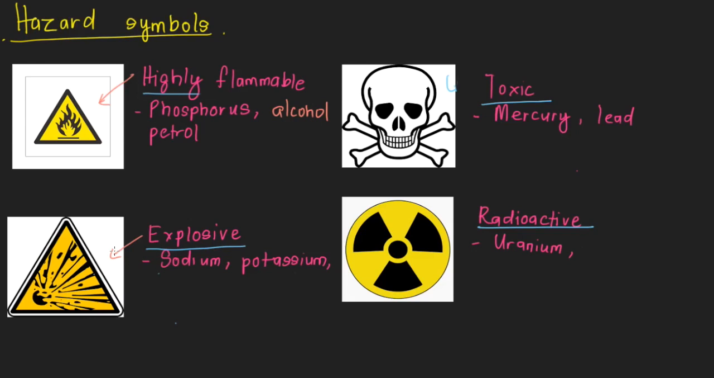Now, this symbol over here means that chemicals are explosive. So, some examples of these chemicals include sodium, potassium, hydrogen, and lithium. Now, this symbol over here means that the chemical is toxic. So, some examples of these chemicals include mercury, lead, cyanide,